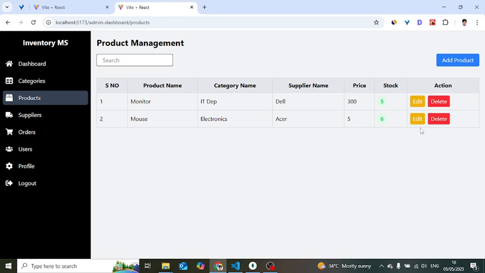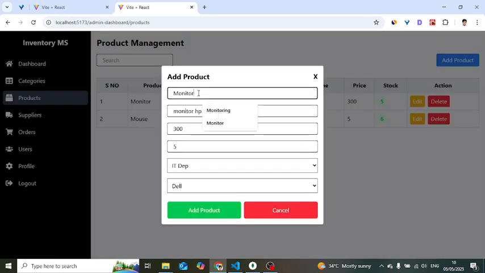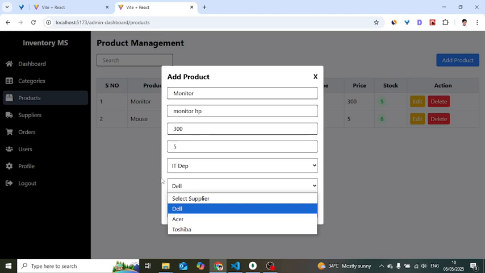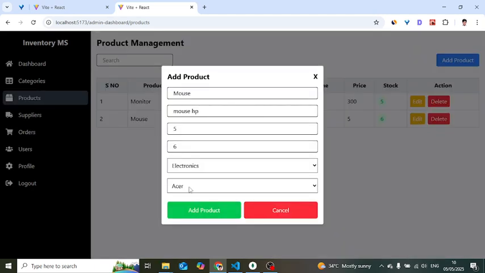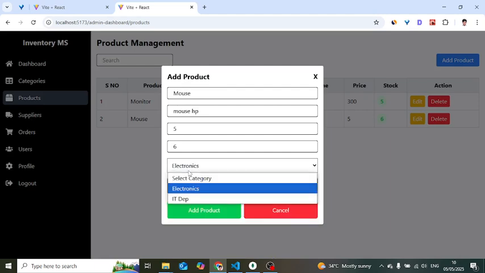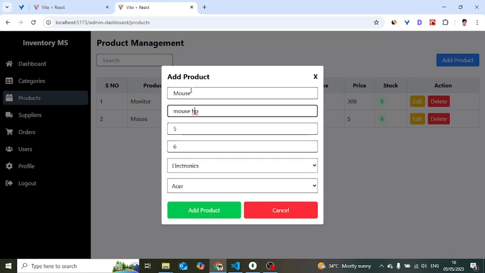Now let's check it. For example, handle edit, look at monitor HP 305, IT department and deal. So it was all about this. Okay, so for example here Acer, so this is Acer Electronics and 56 this. Now we can edit it. Okay, so after editing it, here we want to display